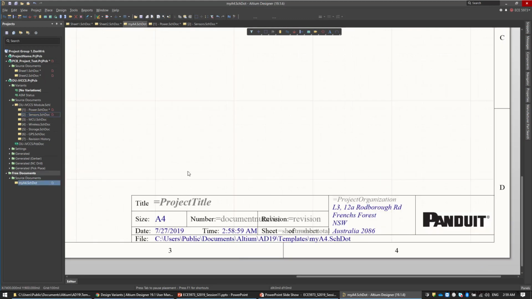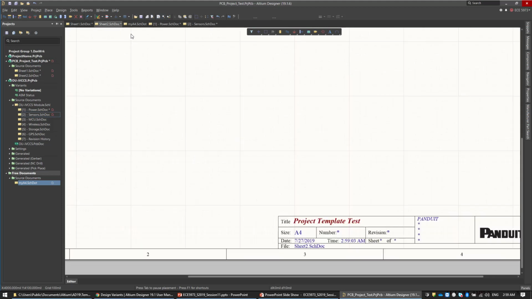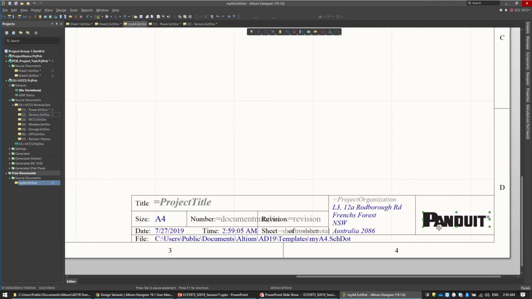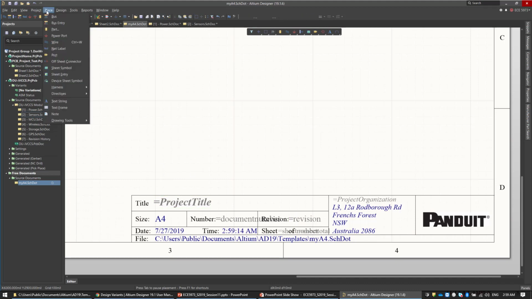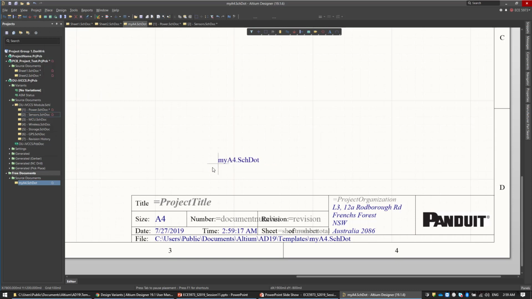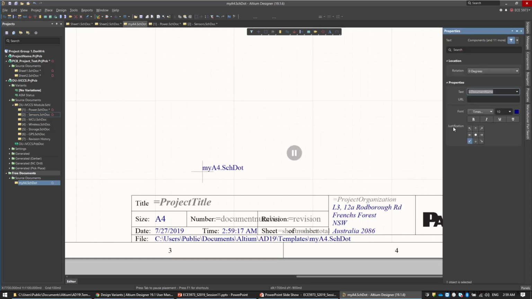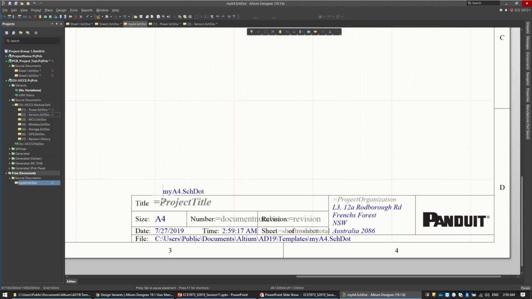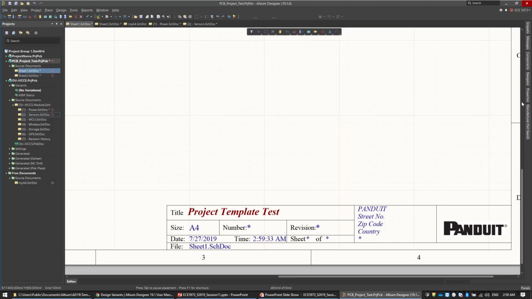So here now you can change that. Whenever you are done, you can save your document, and let's say we are changing one more parameter. Okay, let's add one more parameter, place text string, and let's call this document name. Okay, it's already there, and let's place it somewhere. Okay, let's put it in here. It doesn't matter, or here. Now let's save it, and let's go now to our sheet and click on properties,